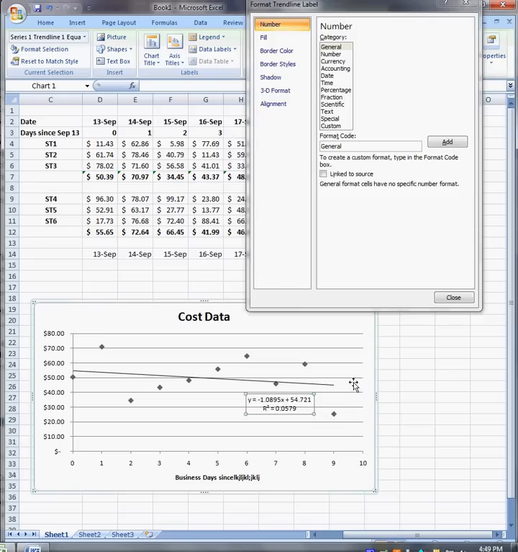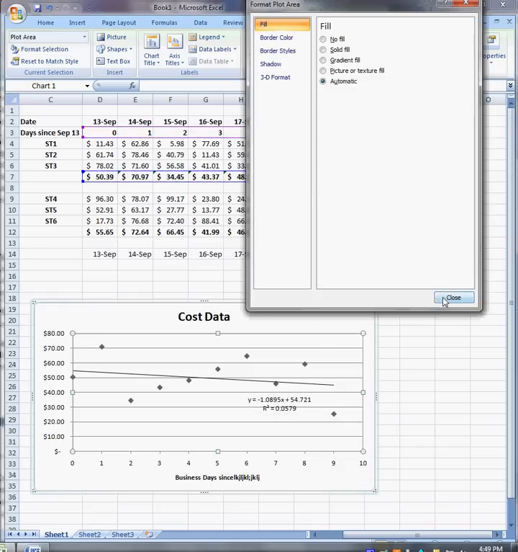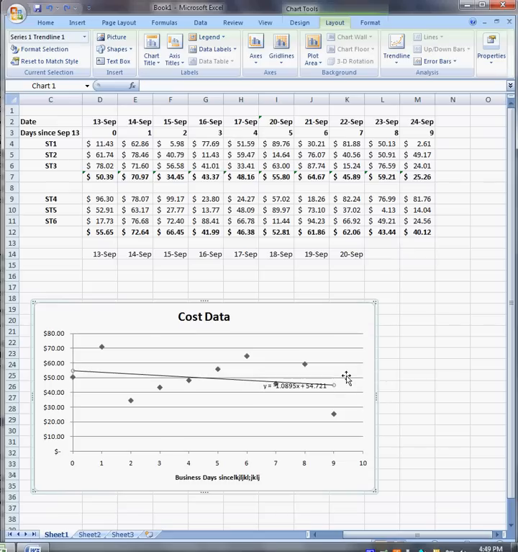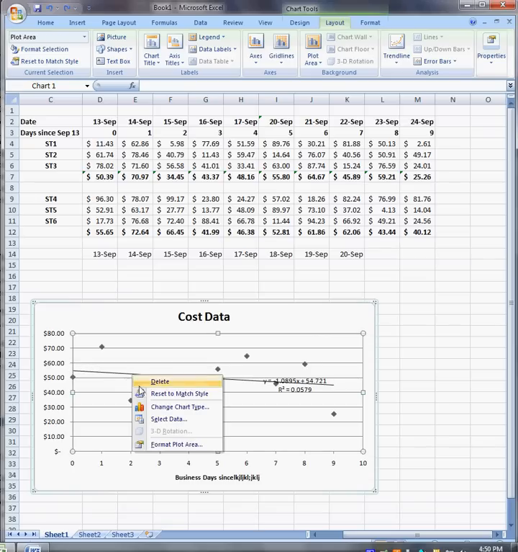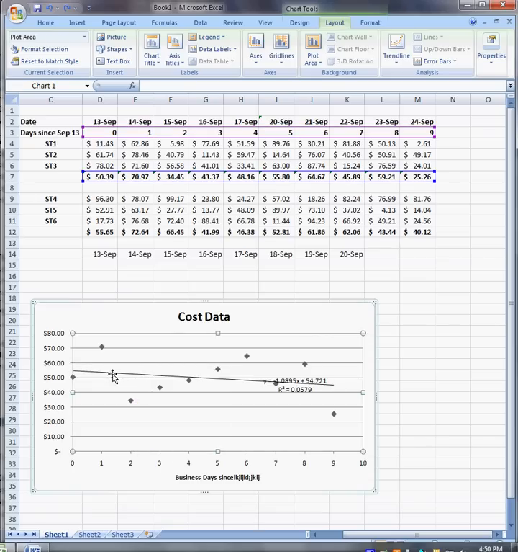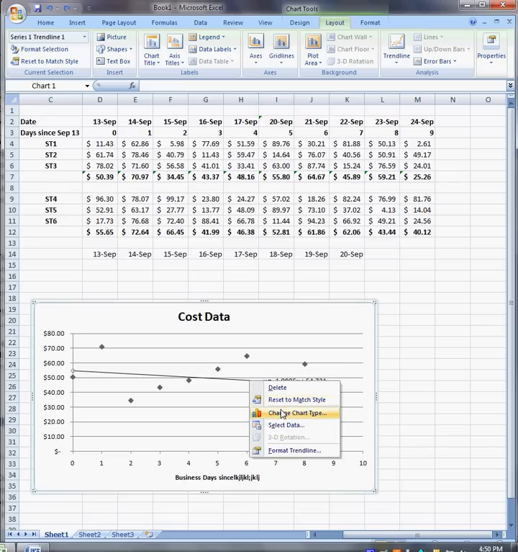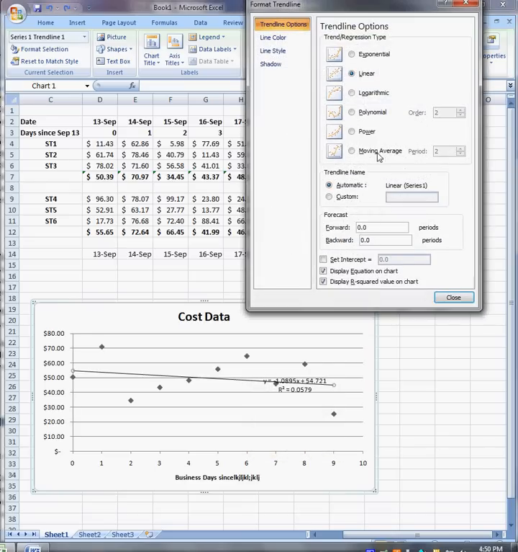Now you can see that this line is a very, very poor fit because it only gets about a 6%. Now I'm going to modify this a little bit. Actually, I'm going to undo this real quick. If you ever exit out of there and later decide you want to edit your trend line, don't click trend line again. Instead, highlight your line so that you see this little dot here and dot here. Right click it, and sometimes it's tricky and you have to click a couple of times. There it is. Right click, choose format trend line,